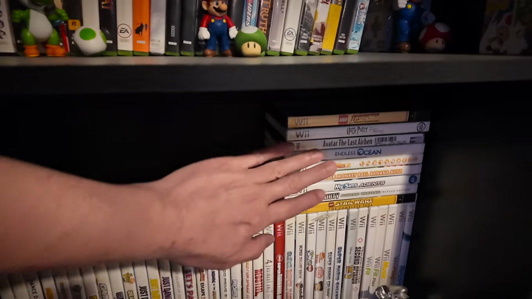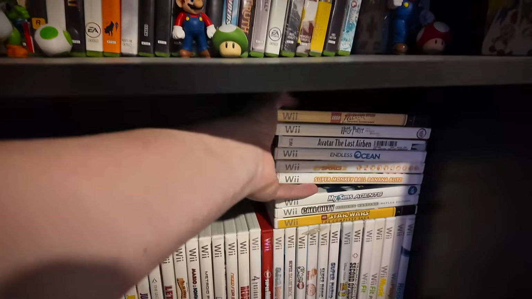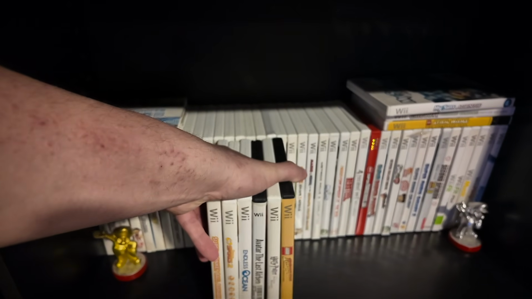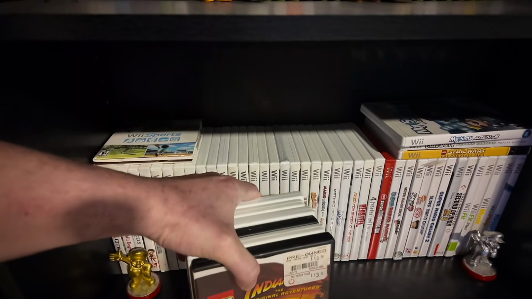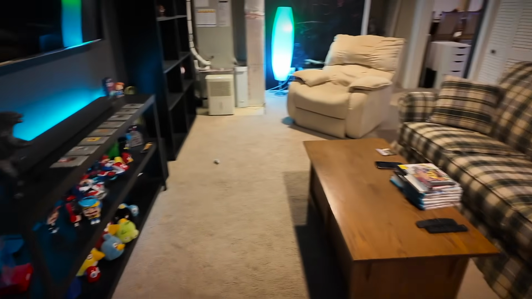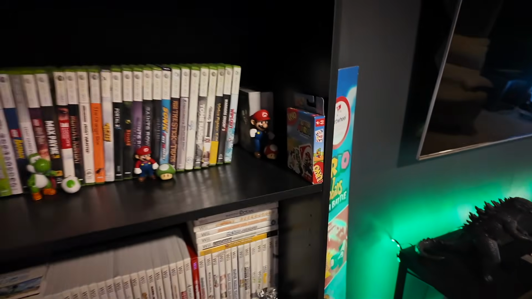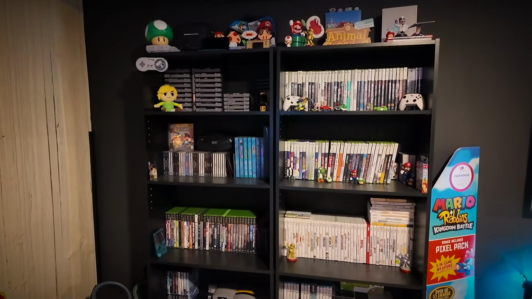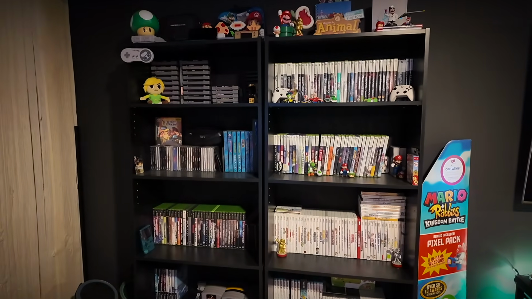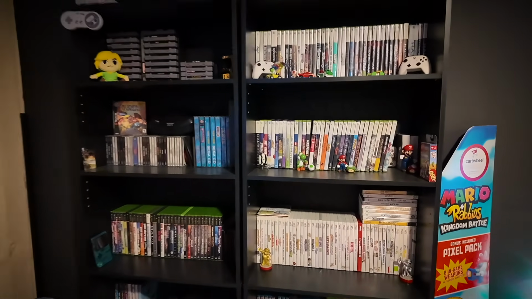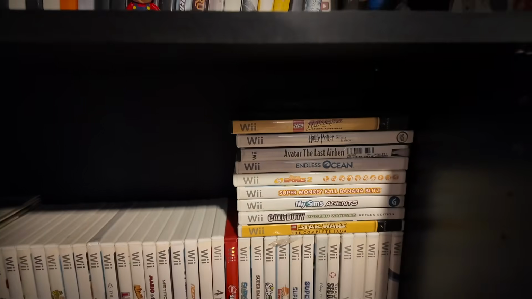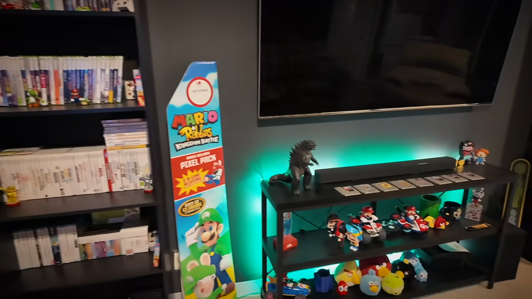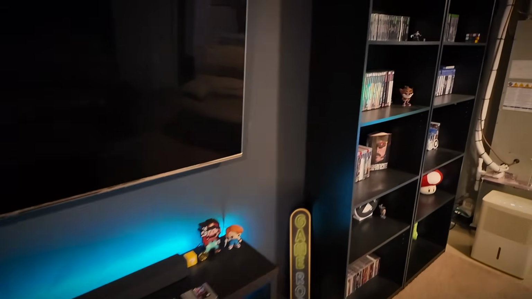This is the exception right here because I ran out of room. I might double stack these. What do you think about that? I'm not big on blocking the label, but with all the games over there that I still need to categorize, eventually I'm going to run out of room. So I need to either buy more shelving or just start double stacking them. Honestly, I'm leaning towards double stacking them because it looks a lot better and less lazy than just stacking the games vertically on top of the horizontally organized games. Got some LEDs over here.